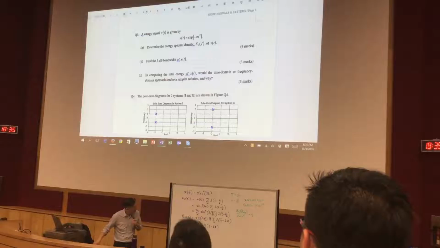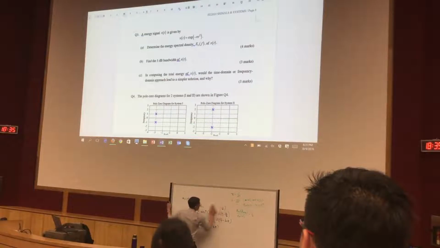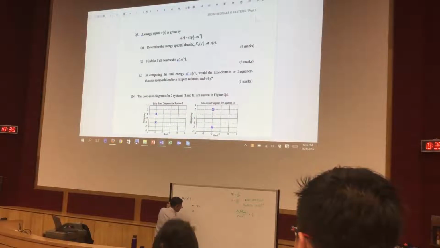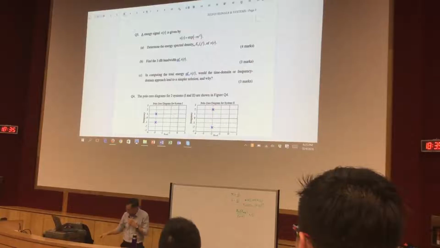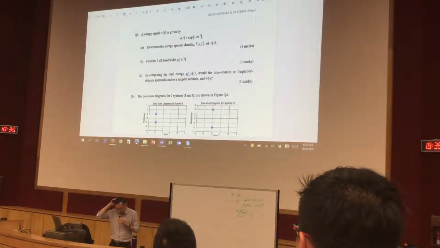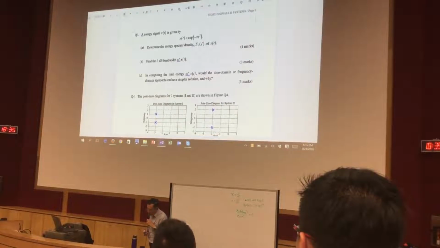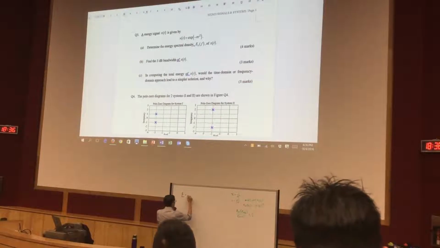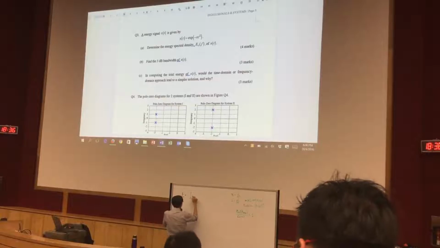So, we have the Rayleigh energy theorem, right? Correct? Alright, so the Rayleigh energy theorem is such that we calculate E as the integral